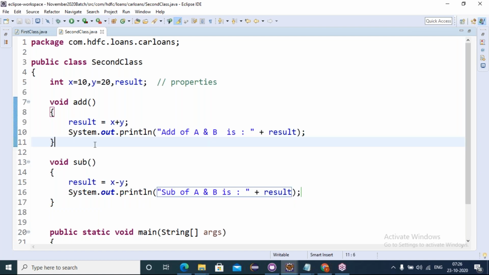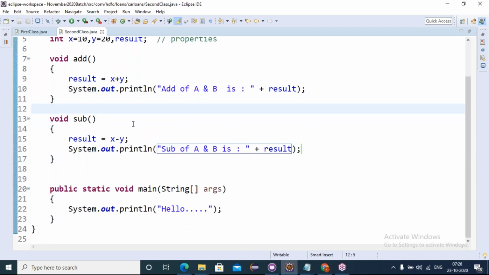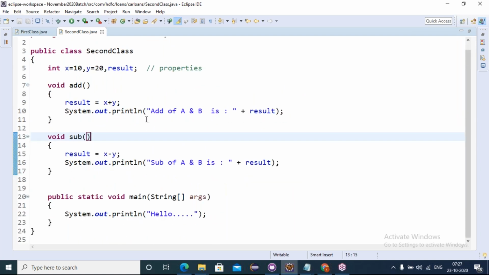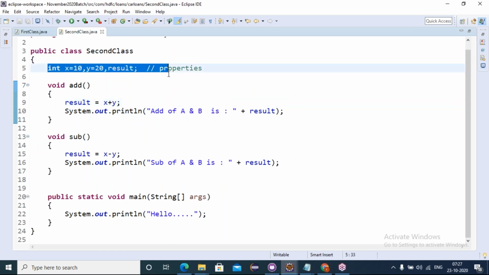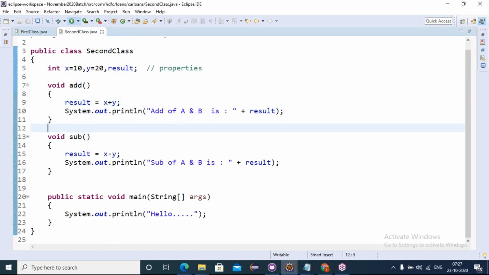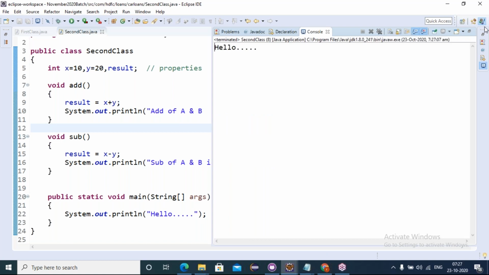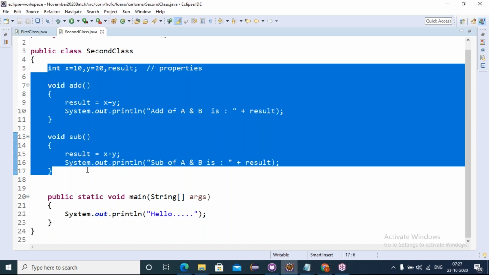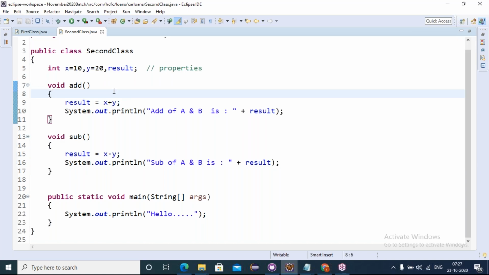Now, how can I execute this? Friends, if I run this program, what is the output? Come on, if I run this program, what could be the output? Nothing will come. So friends, we have just planned some properties and behaviors, like how we plan various rooms and measurements on a piece of paper. The same way, we have planned some properties and behaviors inside the class.